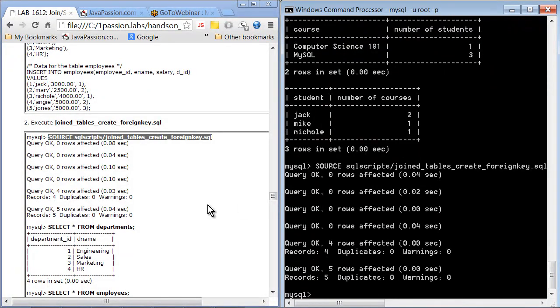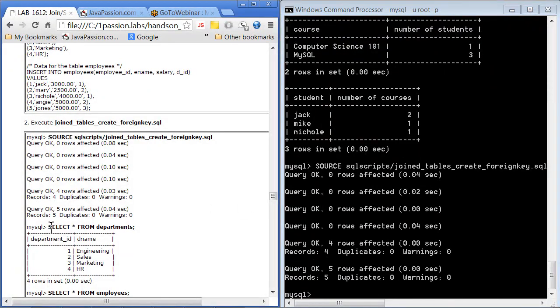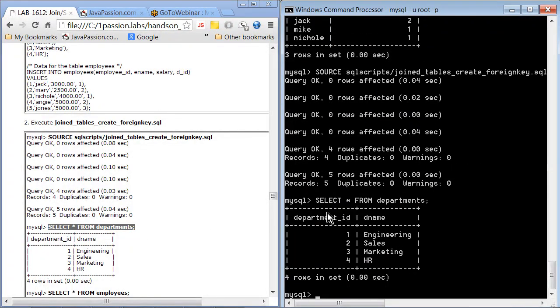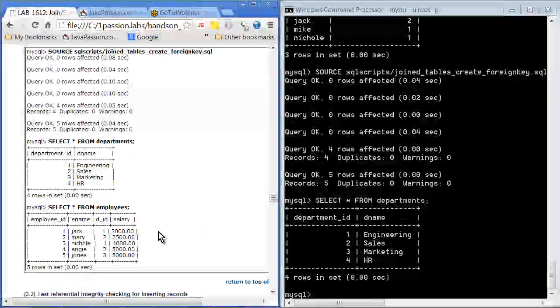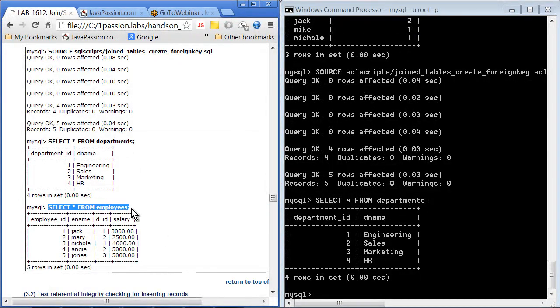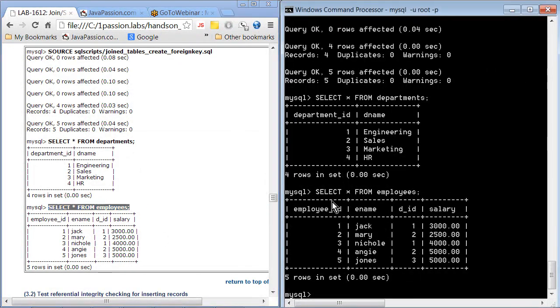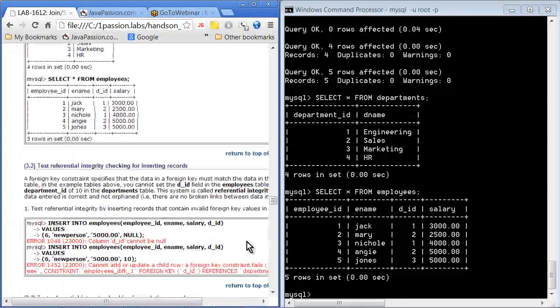All right, so we can select from departments. We have 4 records in the departments, and then employees, we see 5 employees. Okay, now if we try to add an employee with the DID values